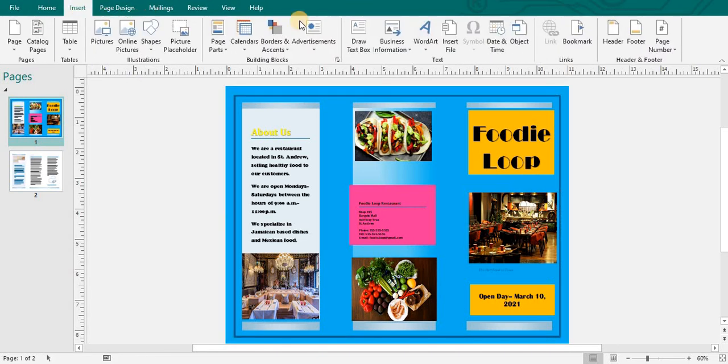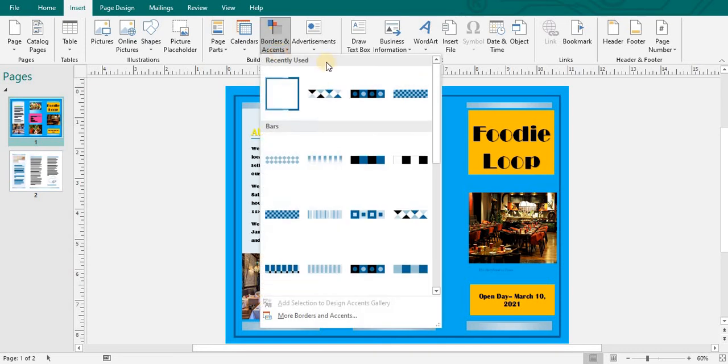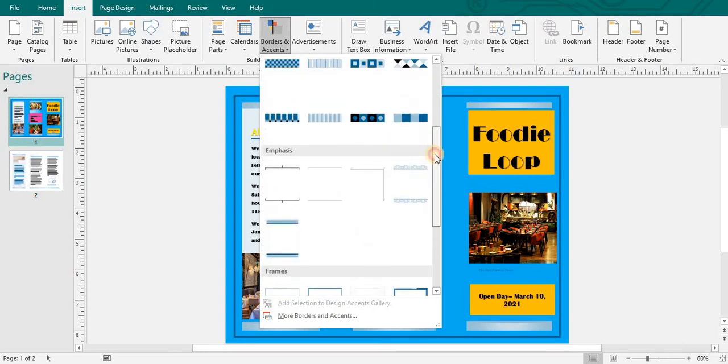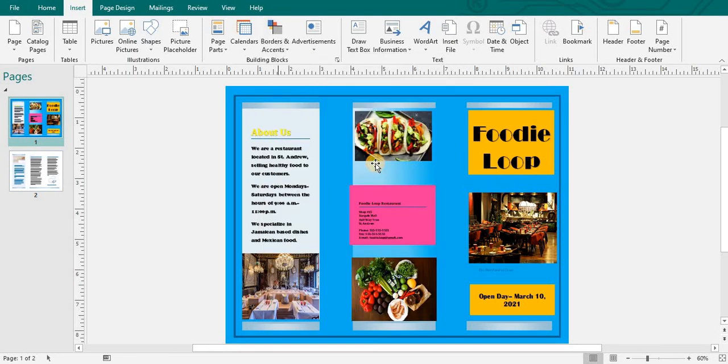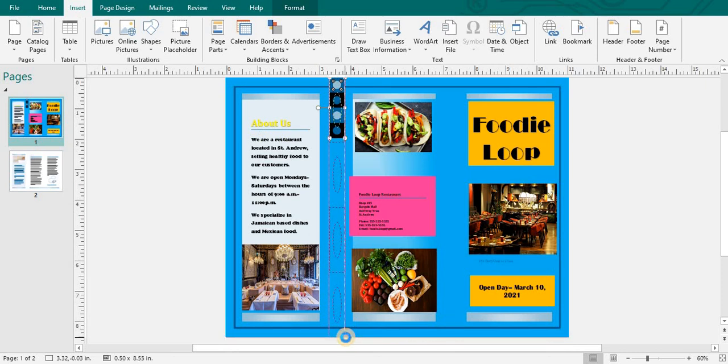the bars. So again, to the insert tab, borders and accents, and then I'm just going to be selecting one of these bars. All right, so I am going to select the circular bar for this. I want to spin the bar so that it will go vertical from top to bottom. So I spin, and maybe it's not 100% straight at this time, but we can still make adjustments. I'll drag on the bottom section and then all the way to the bottom of our brochure just to have